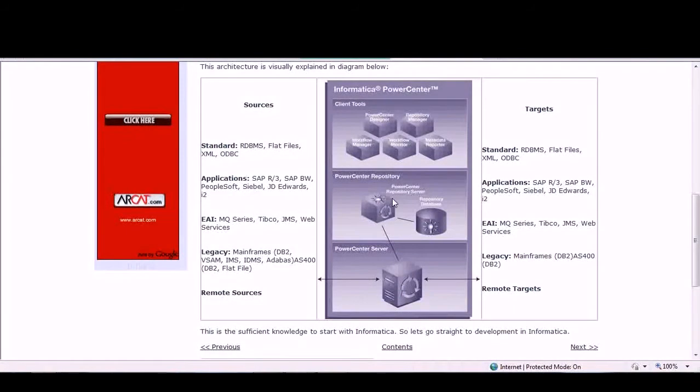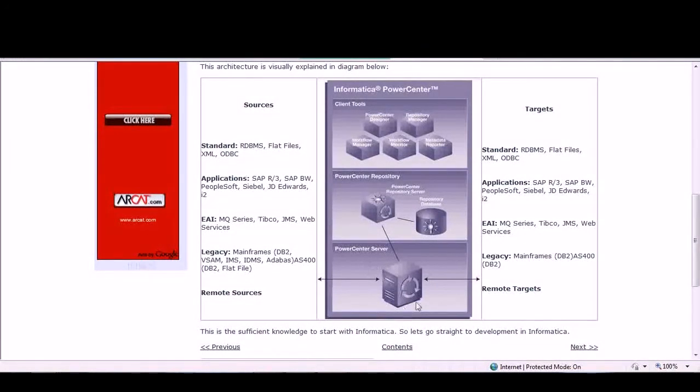For example, you can also take the backup of the database, or take the dump, delete the database and then restore, and you will find all the workflows, mappings, transformations which you already created. So this is basically the heart of the Informatica Power Center, the intermediate layer between the client tools and the main server.